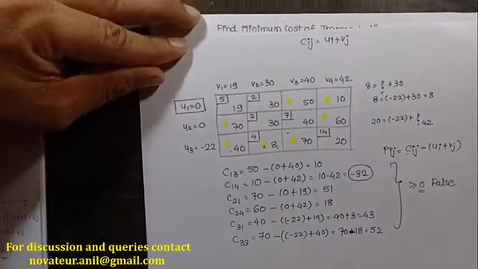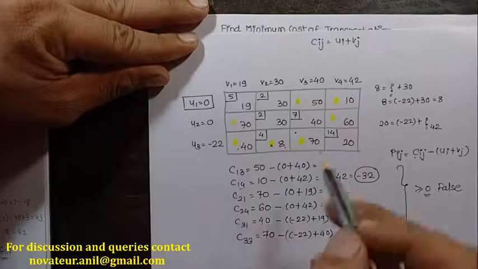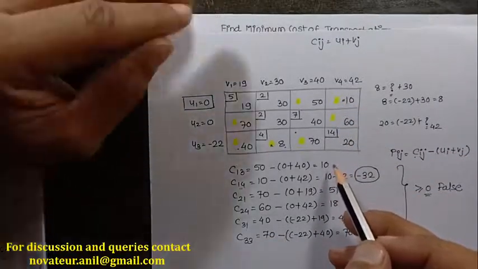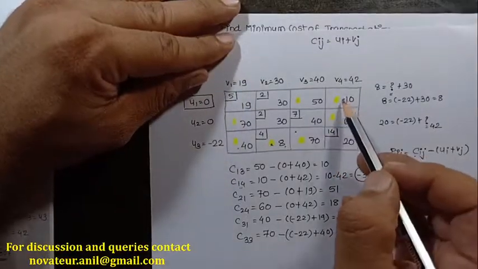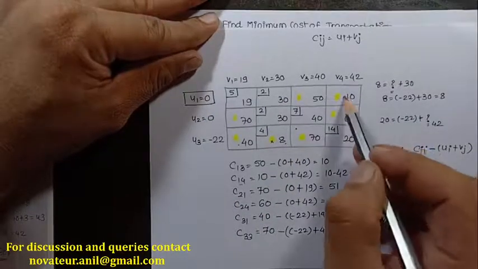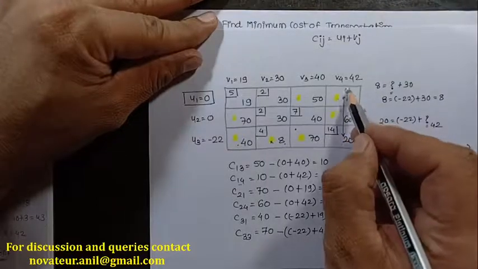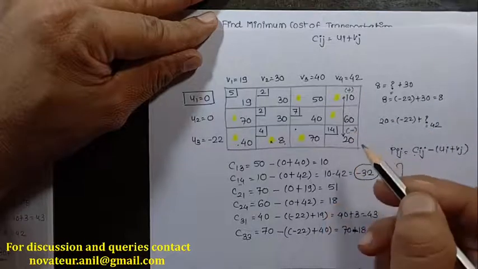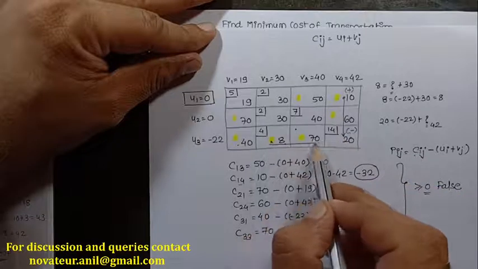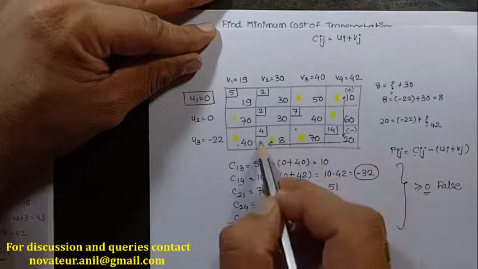So again I am going to repeat what I have done in the previous step. I am going to identify this cell, cell 1, 4, this is that cell. So I have to make a closed loop with this. Which is the nearest occupied cell here? Either this one, the 31, or this one, the 21. So let's see, I'll go to 21. See, this arrow is very important because here I have to put a positive sign and the next is a negative sign. Here, which is the adjacent occupied cell? This cell. So I'll come to this, again I'll put positive, negative, again this becomes positive.